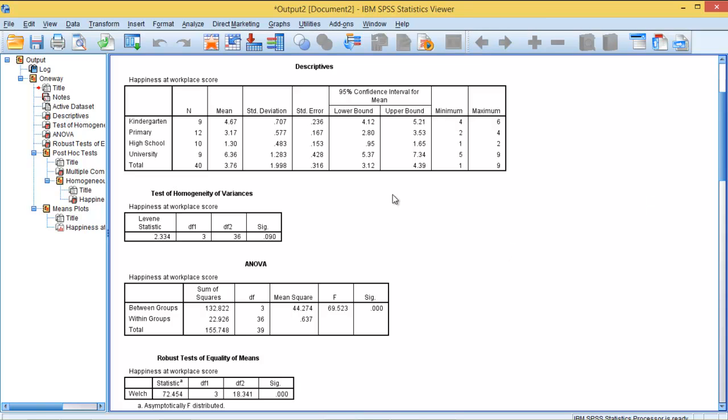This means that in this case we can disregard this table of the robust test of equality of means. This is used when the significance value of your Levene's test shows a value smaller than 0.05. In addition, when you have not met the assumption of homogeneity of variances, you also need to read the information from the Games-Howell post hoc test. But since we met the assumption in this example, we're going to use the information from the Tukey post hoc test